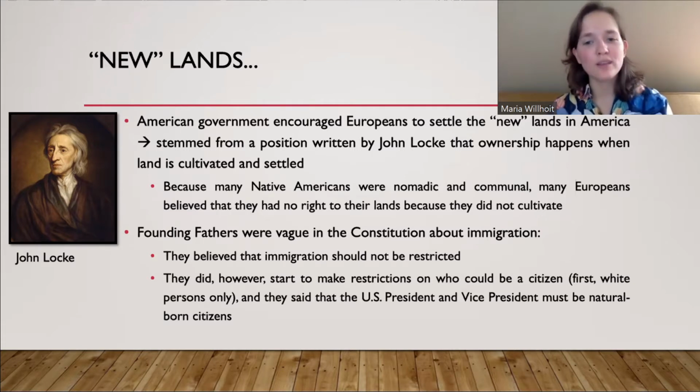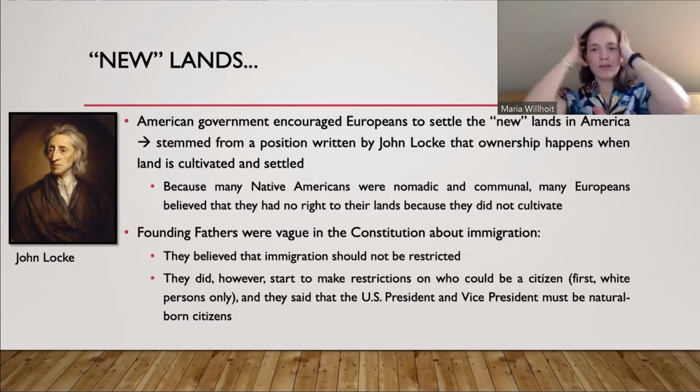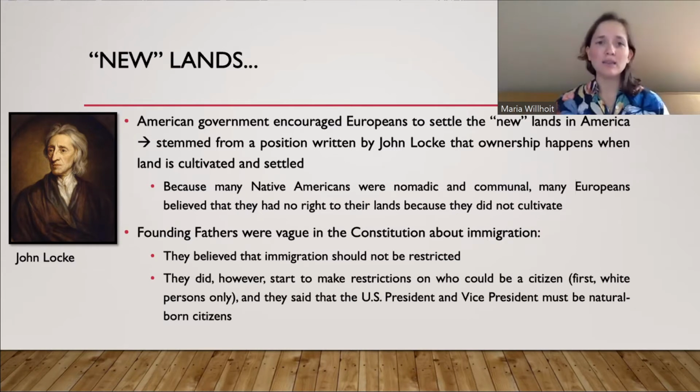And even the US president and vice president had to be natural born citizens. This is still law today. Immigrants cannot be president or vice president in America. They can be senators, they can be representatives in our Congress, but they can't hold the highest positions in office. Part of that is just to make sure that someone's background doesn't influence their policy or decision making in government. I understand this, I'm actually not really against it, and I personally never want to be president of America, so it's fine by me.